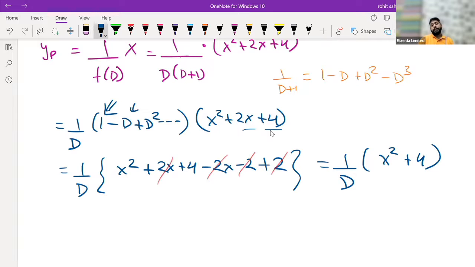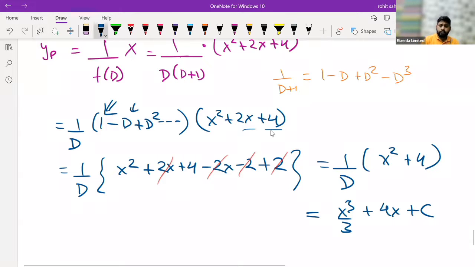1 by d means again integration. So x square will be x cubed by 3 plus 4x. I'll put a constant here. The reason is that sometimes, depending on whether you have done the integration first or the differentiation first, you may get a constant term. Depending on that, you may get such expressions. So I'm just putting C here because it depends whether you are trying to do the 1 by d first or the differentiation first. So I'm leaving it like this. So this is your